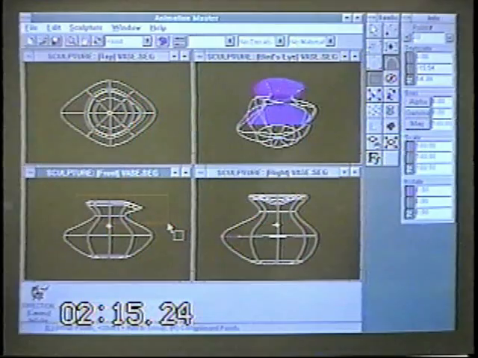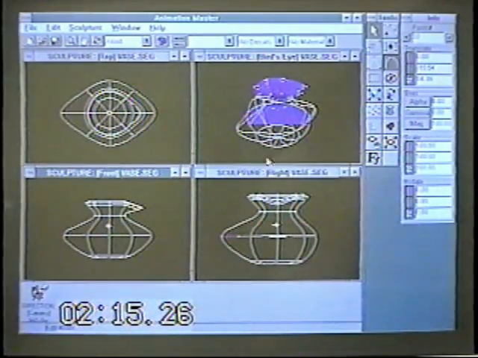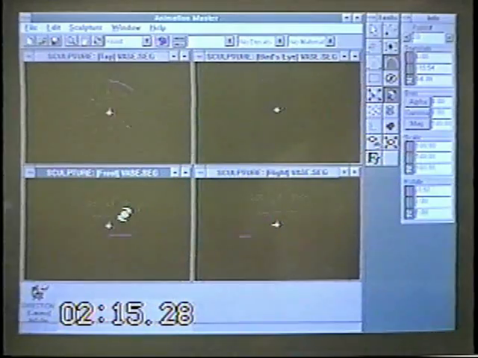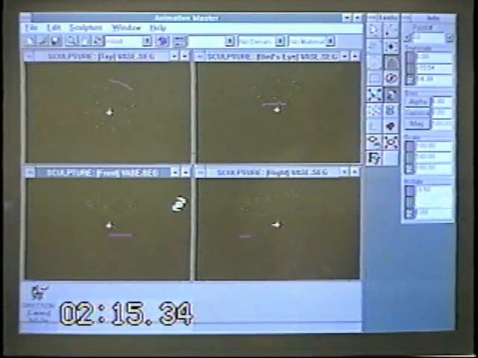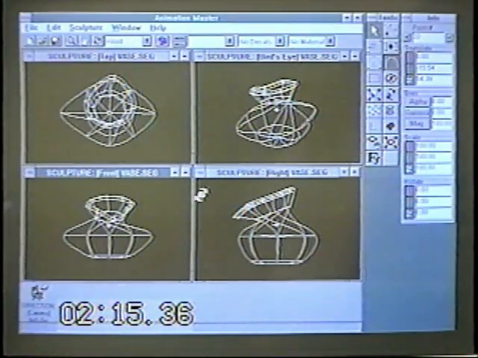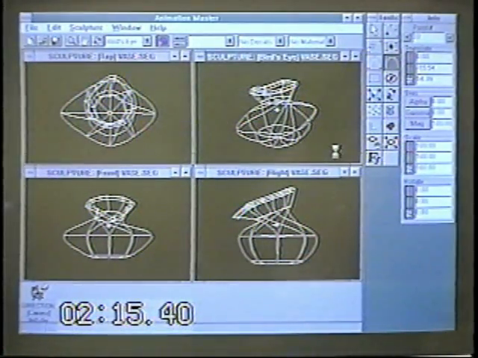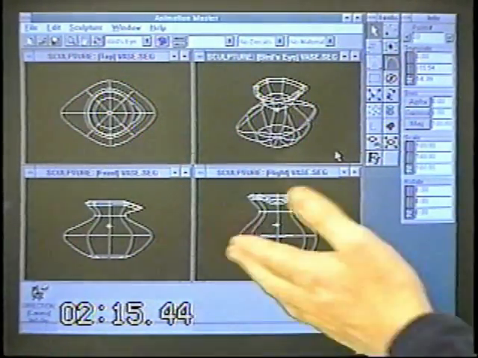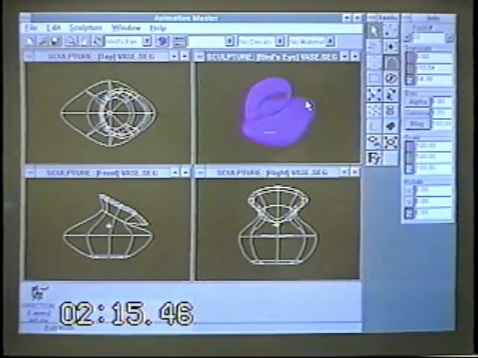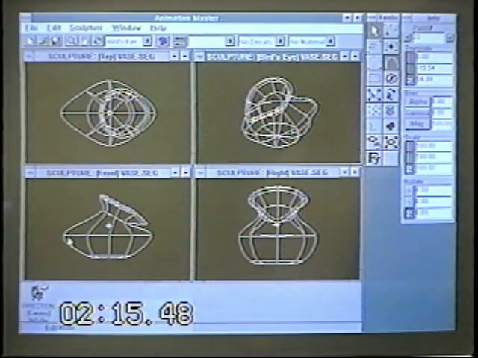If I was to, say, group all these top ones and do a rotate, see I'm twisting the top of this spout or bending it forward or back. I'm going to twist it and bend it over. Let's say we look at that and we didn't like it, we could still undo it and put it back the way it was. Other things you can do in here is, again, you have total control over the curvature